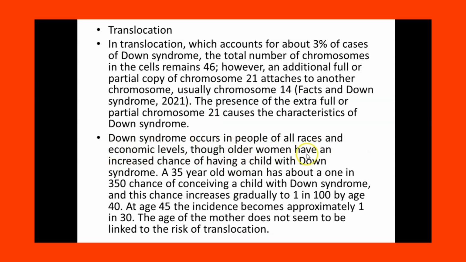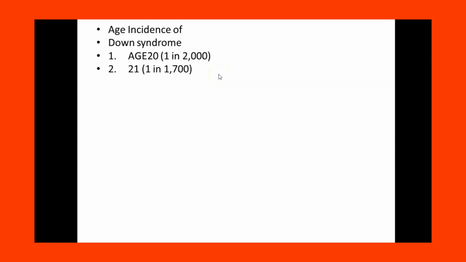Down syndrome occurs in people of all races and economic levels. Though older women have an increased chance of having a child with Down syndrome, a 35-year-old woman has about 1 in 350 chance of conceiving a child with Down syndrome, and the risk rises at age 45 too. So let us have something holistic on age and Down syndrome. At age 20, there is 1 in 200 chance of having a Down syndrome child. At age 21, 1 in